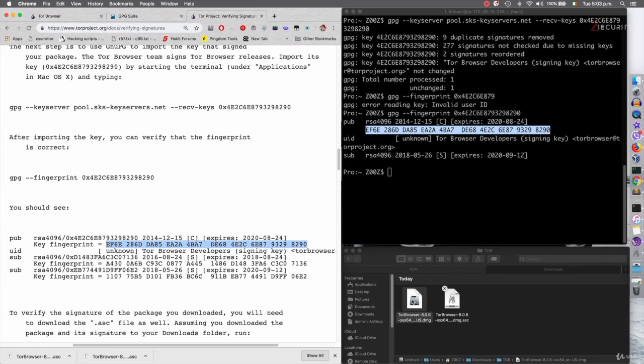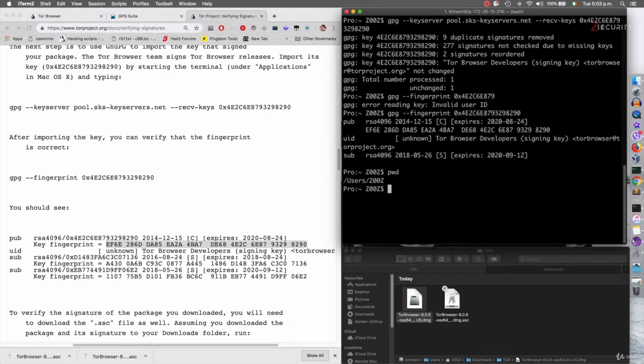So before we do this, we need to navigate to the location where this is. And as you can see, it's in Downloads, TOR. So right now, if I do pwd to get my current working directory, you can see I am in users zoos. And what I want to go is users zoos downloads TOR. So I'm going to do cd to change my working directory. And I want to go to downloads